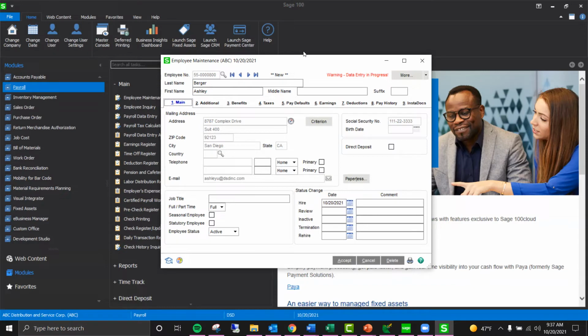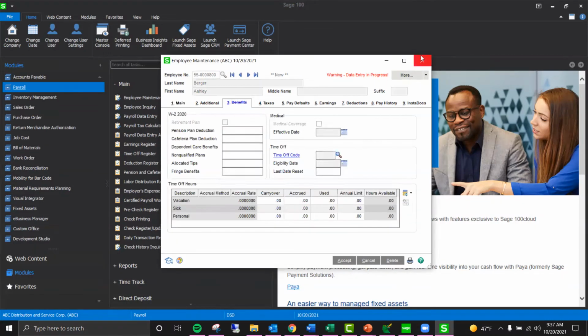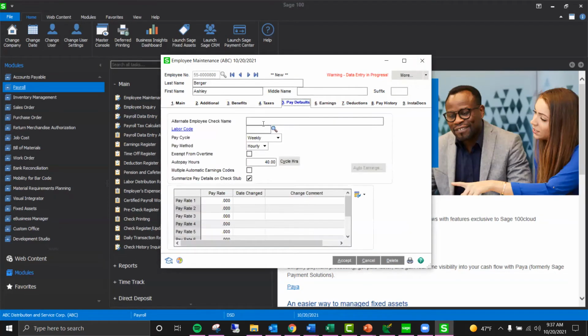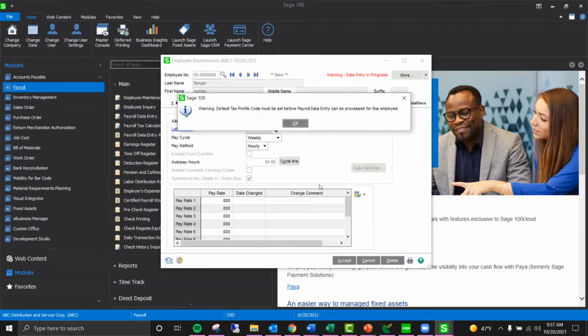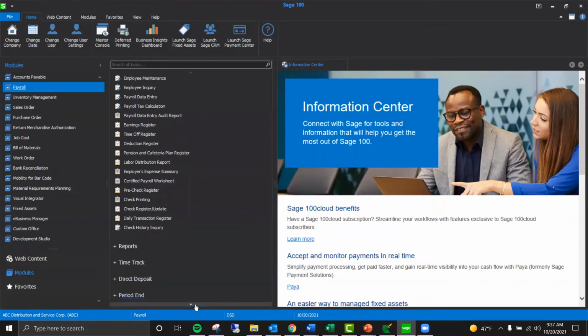There's 3 ways to do that within Sage. You can come in here and run this Criterion link button. Before you run your tax calculation in payroll, when you're running payroll, it will ask you if you want to sync your Criterion. You can go ahead and say yes, then it will give you a report. And then lastly, there is, let me save all these real quick. There is on the menu